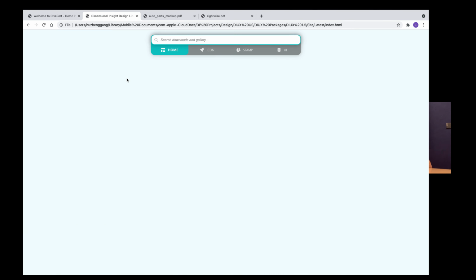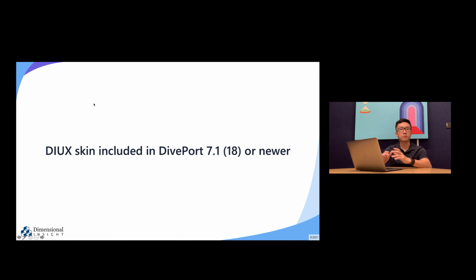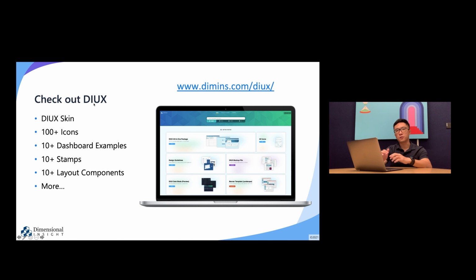So this is DIUX, a set of visual and usability enhancements for designing visually stunning dashboards. You can find it on our website, themints.com, under Resources, Interface Design, or go to